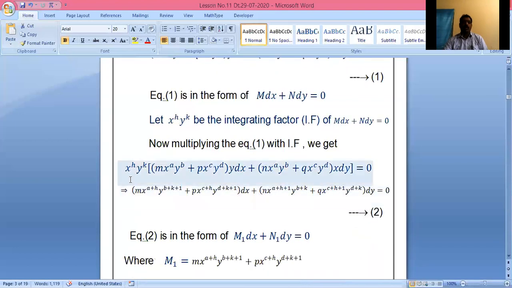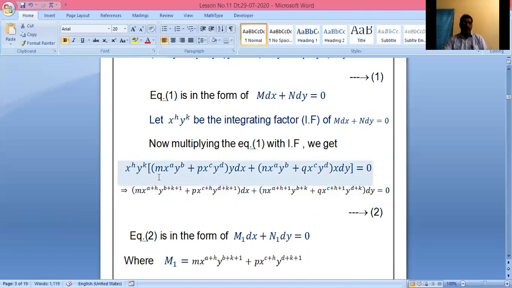x^h y^k [(m x^a y^b + p x^c y^d) y dx + (n x^a y^b + q x^c y^d) x dy] = 0. Now that implies